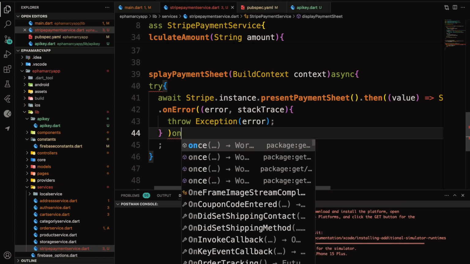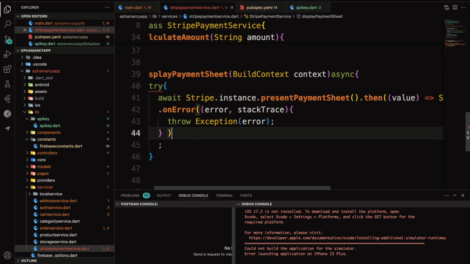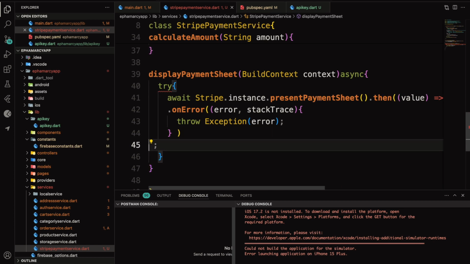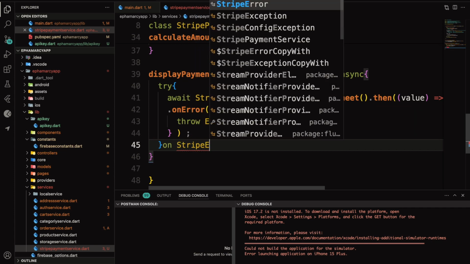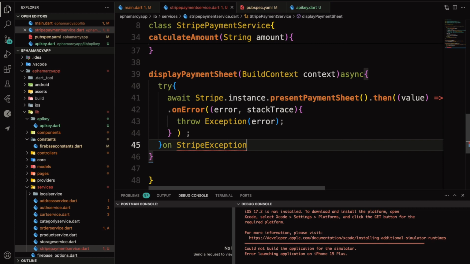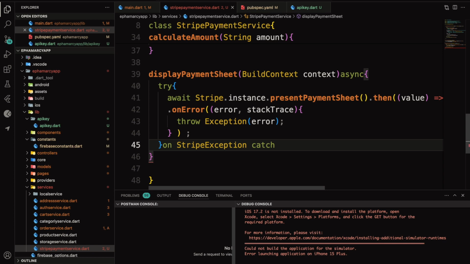And then we are going to say on Stripe exception. Okay, on Stripe exception we want to catch the error,